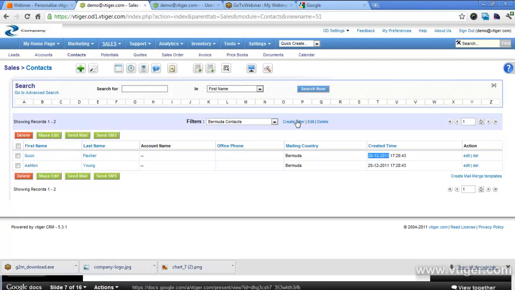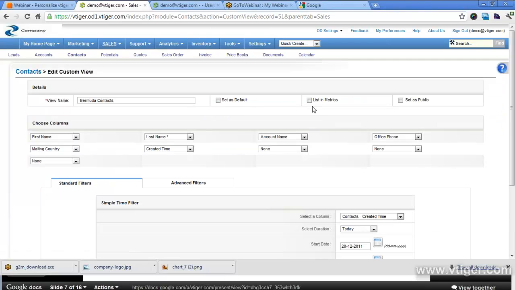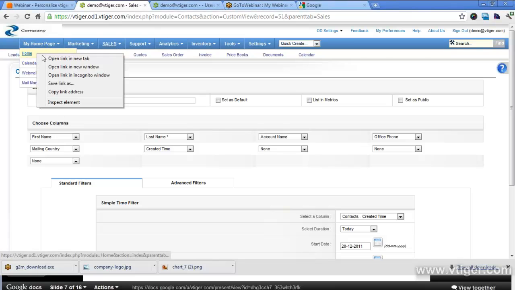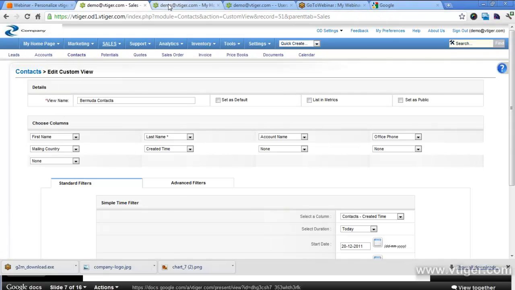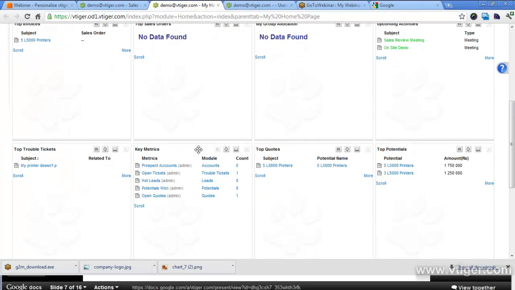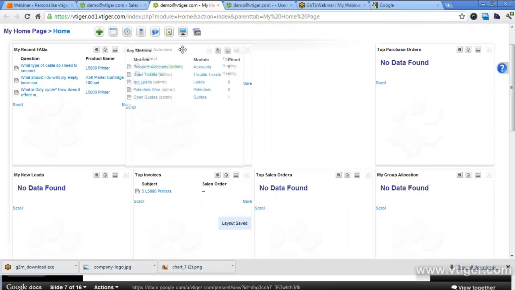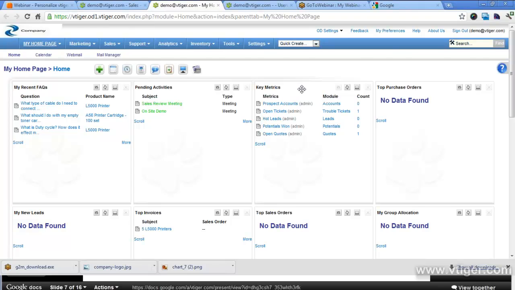In addition to viewing this list, in fact, vtiger offers a feature where you can add this filter view to the home page. So in the home page, there is actually a view that shows key metrics. So in your company, if you want to see certain key metrics, you can use the key metrics widget here. I'm going to just move it up so that we see it all the way at the top. Okay. So you see key metrics, and right now there are about 5 key metrics that are there by default